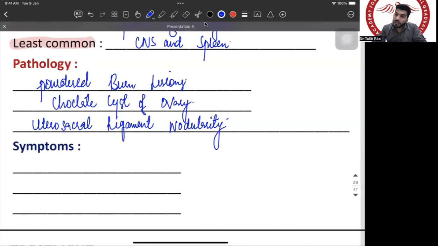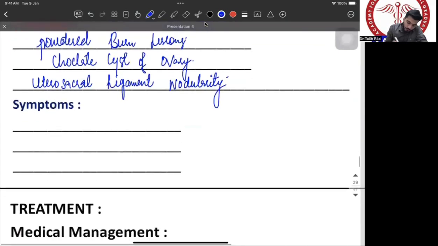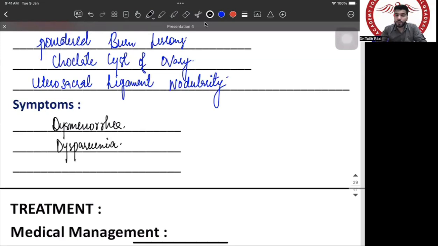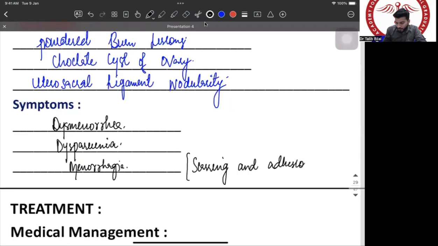Now, what exactly are the clinical features of a patient having endometriosis? The first feature is that the patient will complain of pain during menstruation, that's dysmenorrhea. Then the patient has painful intercourse, that is dyspareunia. The patient will also have heavy bleeding of more than 80 ml, that is menorrhagia. Apart from that, due to scarring and adhesions, the patient is going to have